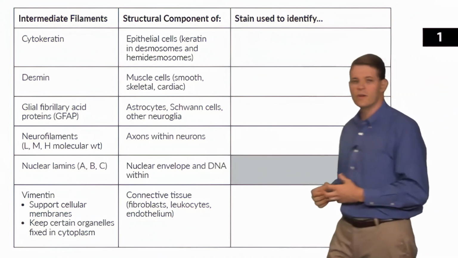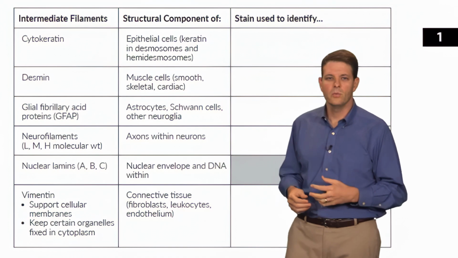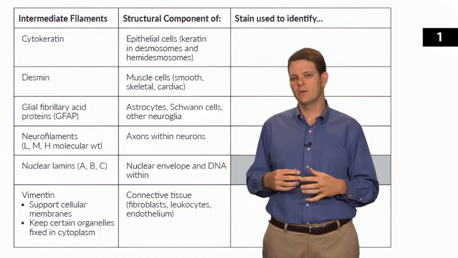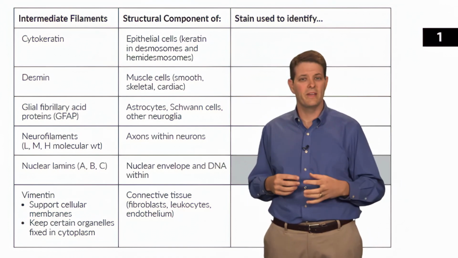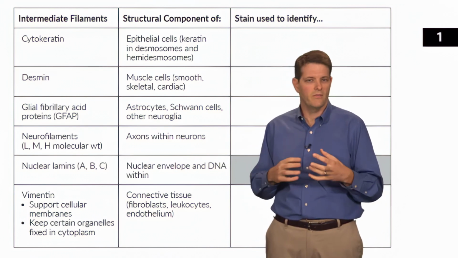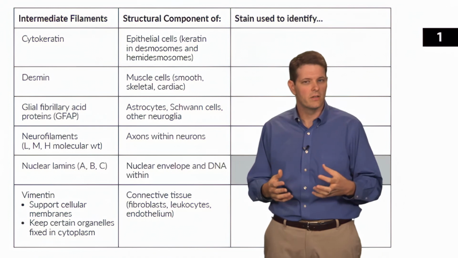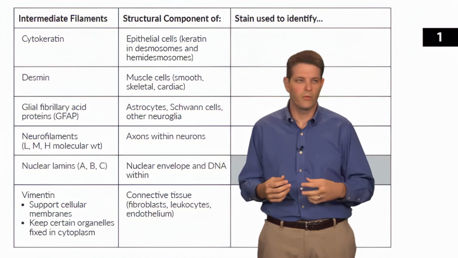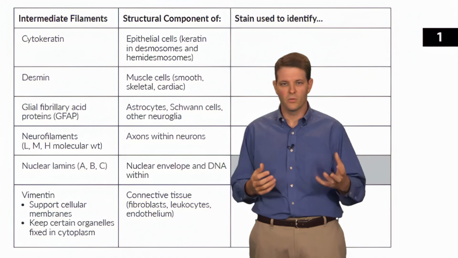Now let's go back and fill in the far right column of this table, and we'll talk about how different immunohistochemical stains can be used to identify tumors based on the intermediate filaments that they contain. Again, different tissues have unique intermediate filaments. So if you had a metastatic tumor somewhere in the brain or the liver or the lungs or wherever, you